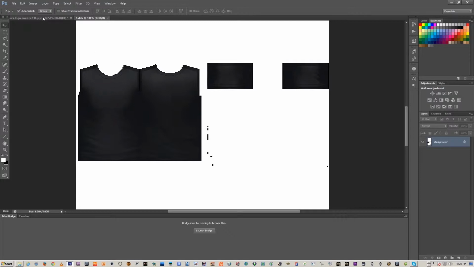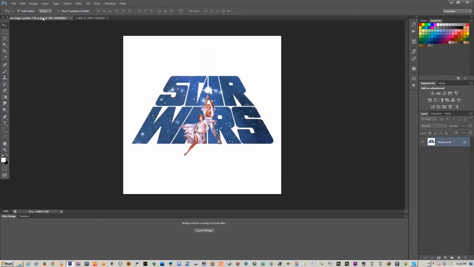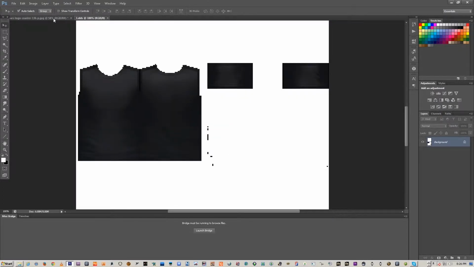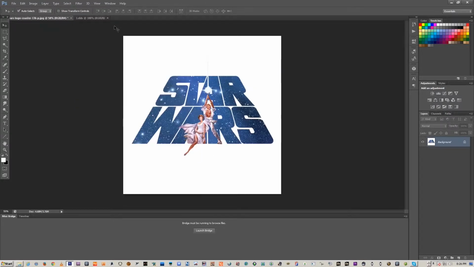Now I've already got my graphic here, but as you can see, this is on a white background and the shirt is of course black. So what I'm going to do is I'm going to use my Magic Wand tool, and I've got my tolerance set to 25,